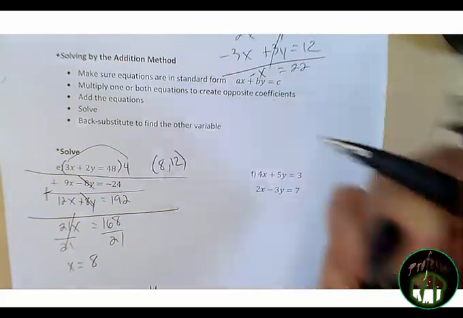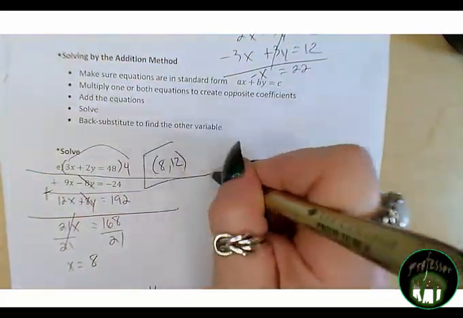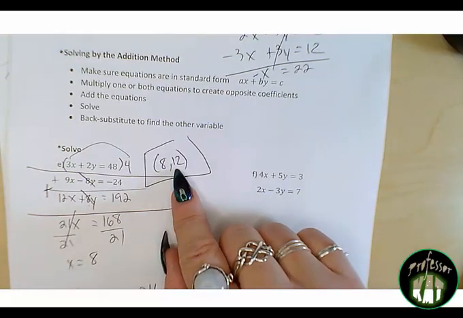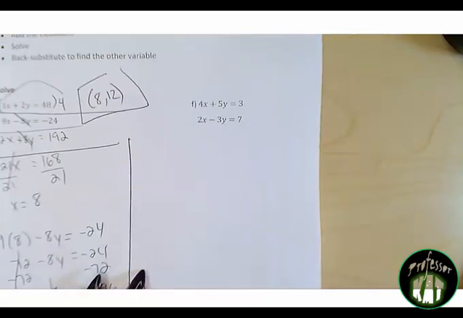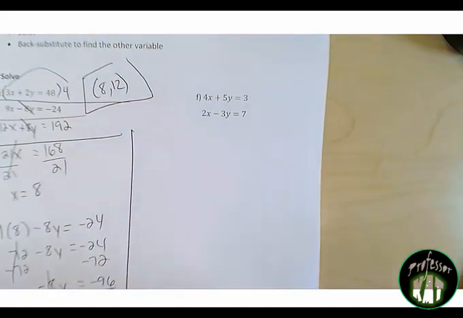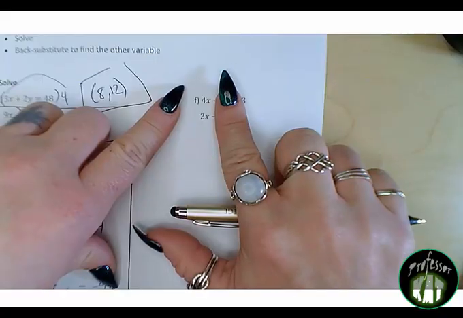We can now fill in the blank over here. We now have our full point. We have our intersection point of (8, 12). Let's do this again. Taking a look at our next set of examples here, I can either cancel out the